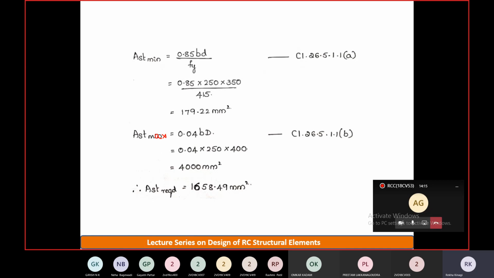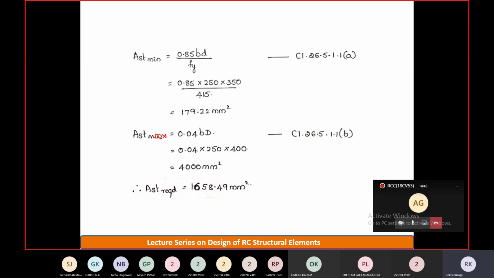Ast minimum is 0.85 bd divided by fy, and Ast maximum is 0.04 bD, where D is the overall depth. The Ast calculated is more than Ast minimum and less than Ast maximum, hence Ast required is the same as Ast calculated, that is